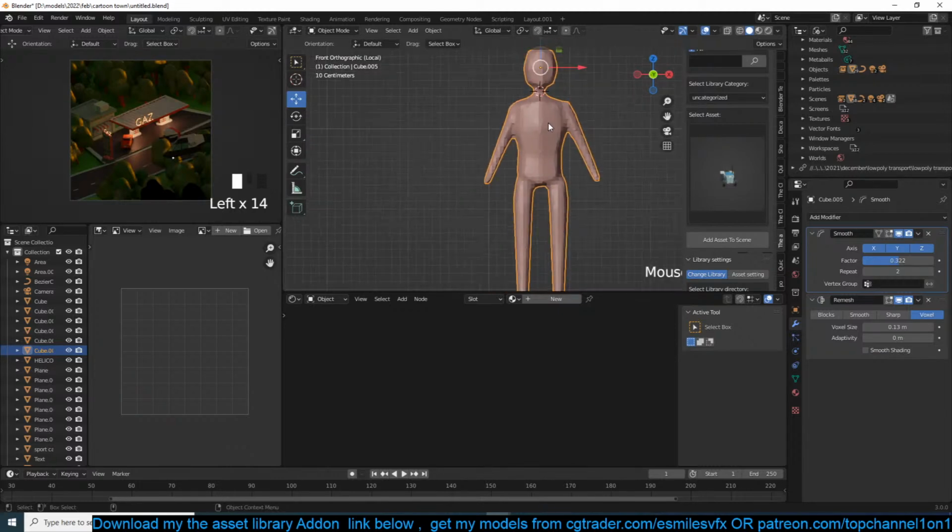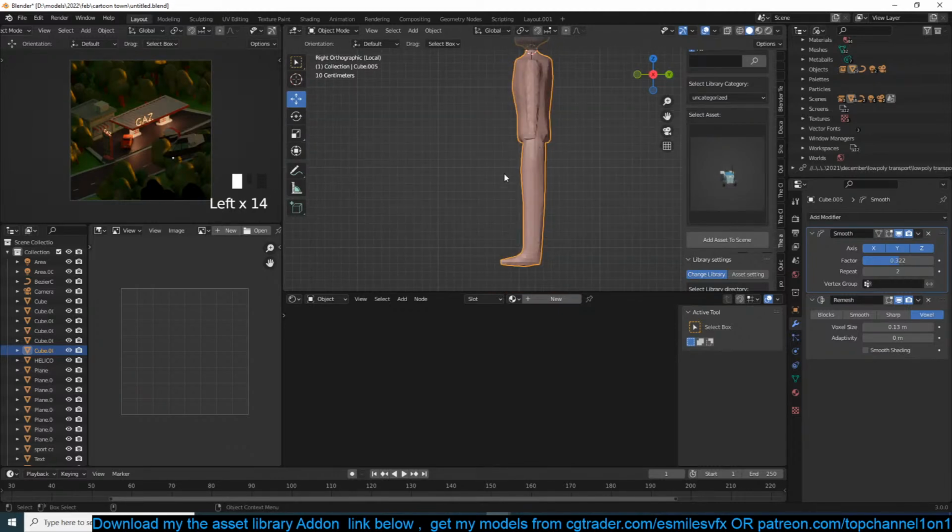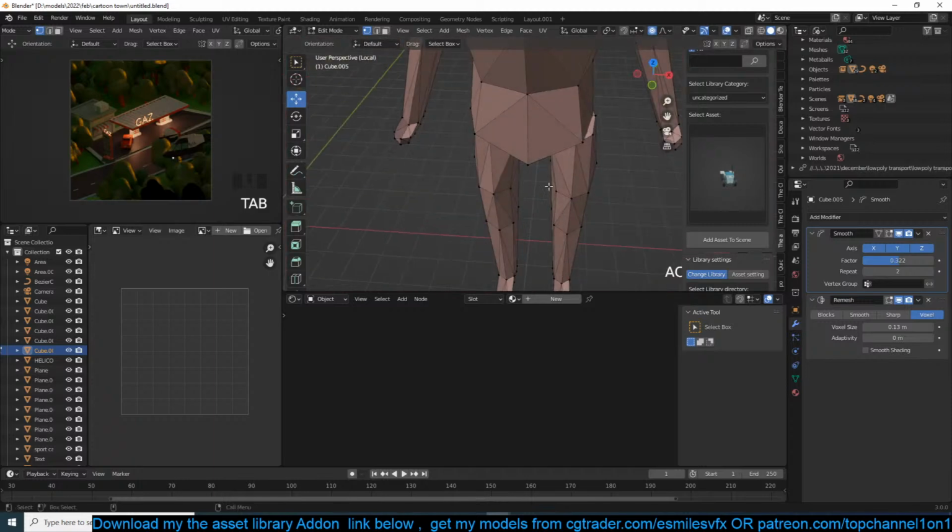Yeah, something like that. Legs should be